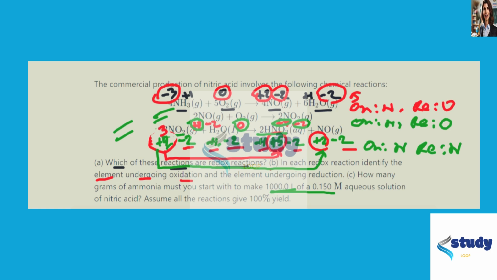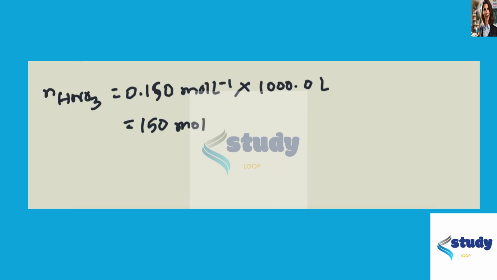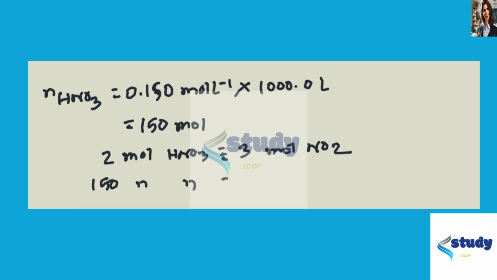So that means 2 mole of HNO3 is prepared from 3 mole nitrogen dioxide. That means 150 mole HNO3 will be prepared from 3 by 2 times 150 mole, which will give us a value of